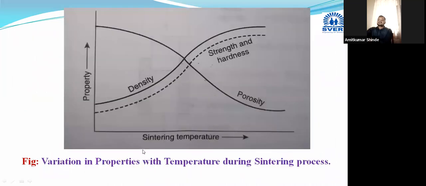Now this is the graph which shows the effects on the properties of that compact after the sintering, when it gets converted into a sintered compact. What will be the effects on that component? Due to the sintering, its porosity will decrease sharply. Due to the heating, its density, strength, and hardness will increase rapidly, or improve by a significant amount. Why is this happening? Because diffusion and densification of the metal particles is occurring, and due to that,